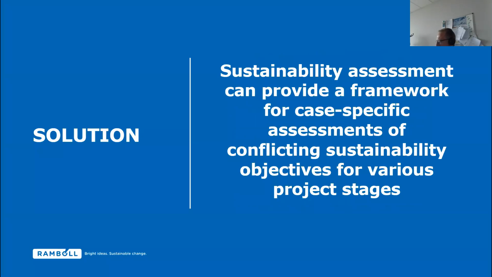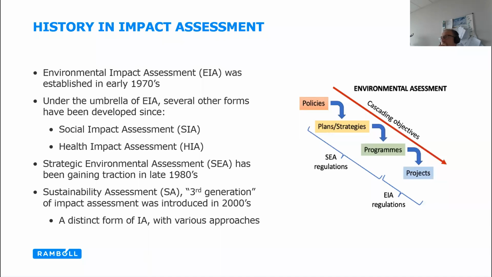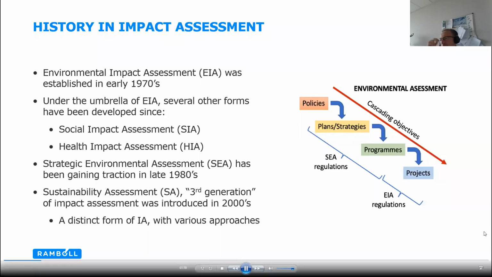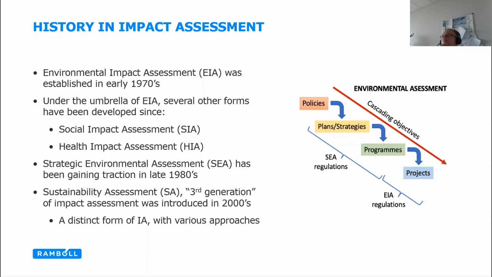To do this, we need a solution and a framework that allows for case-specific assessments of conflicting sustainability objectives for the various stages, and one solution is sustainability assessment. Looking at the history, sustainability assessment has its roots in impact assessment. Environmental impact assessment started as early as the 1970s in the US. Since then, under the umbrella of EIA, several other forms have been developed, namely social impact assessment and